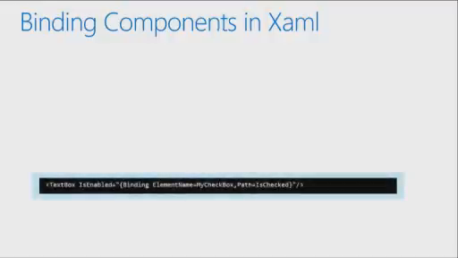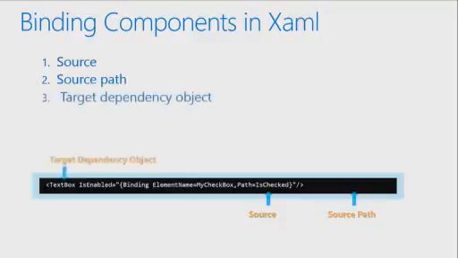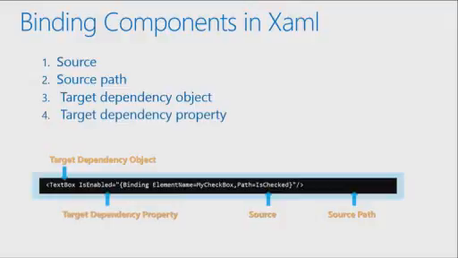Here's an example of data binding. You've seen plenty of these. So here, the source and the path is checked. The source is this element name, so it's a checkbox that's somewhere else on the screen. And then the text box is the target dependency object, and IsEnabled is the target dependency property. This is the pattern that you're going to see